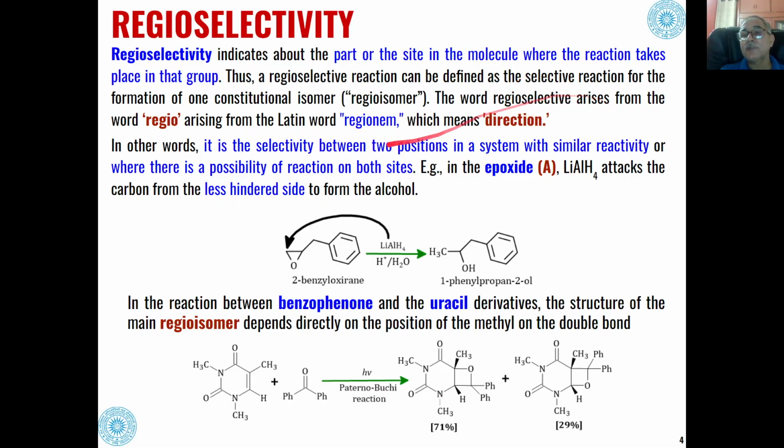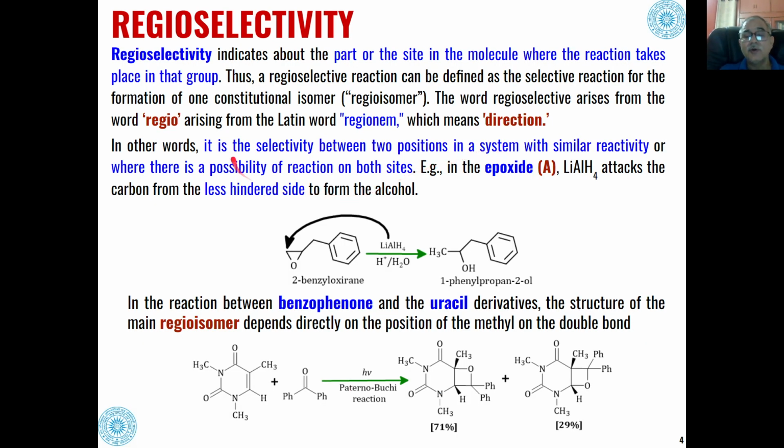This word regioselective has come from the Latin word regionum, which means direction. So if there is a possibility of formation of a product at two places in a given compound, and the reaction takes place at one region selectively, then that type of reaction is known as a regioselective reaction, and the process is known as